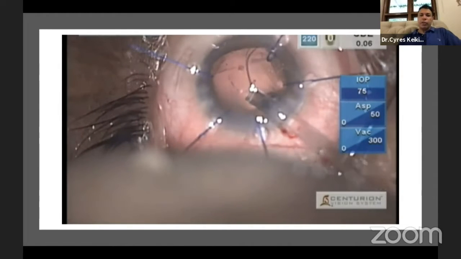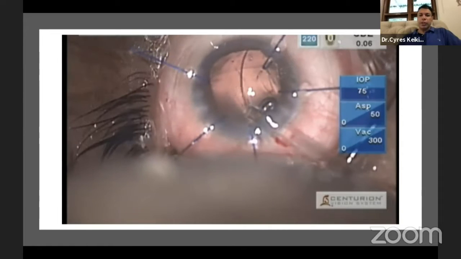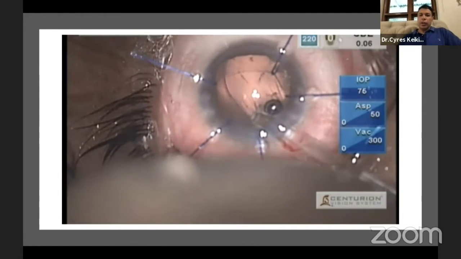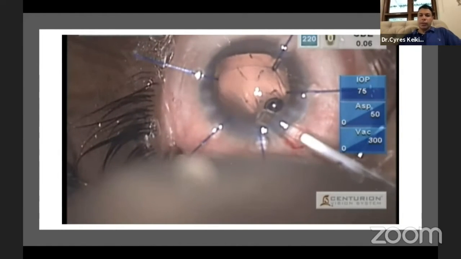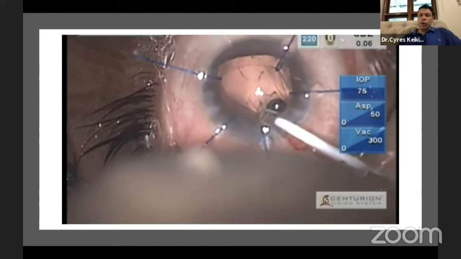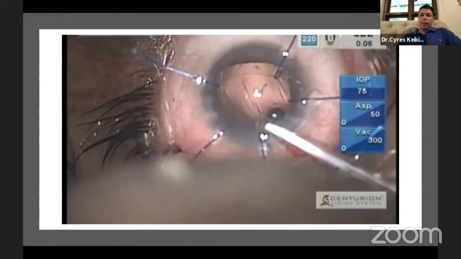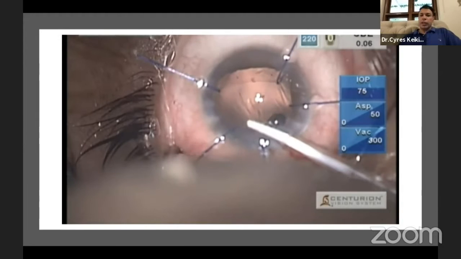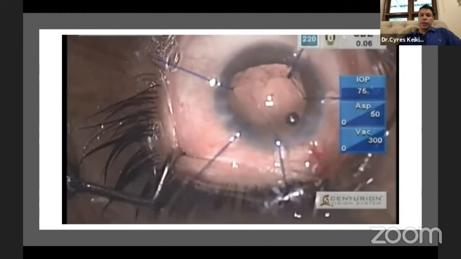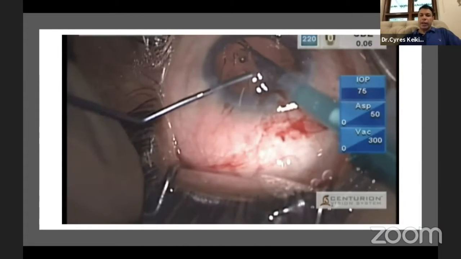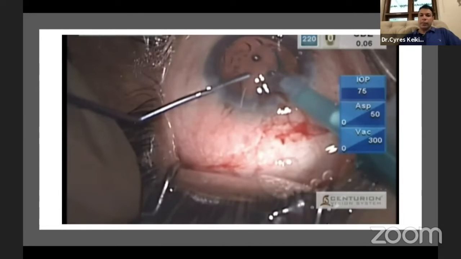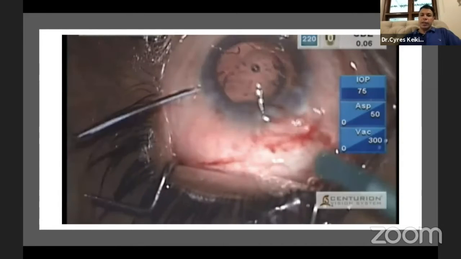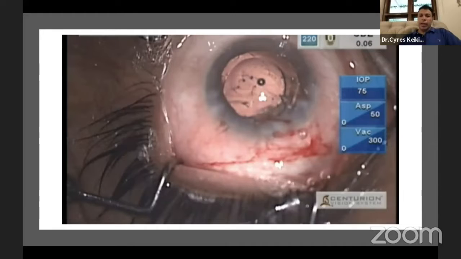I prefer to use these Ophtec disposable capsular tension rings which come in an injector because it's a nice thin ring. It's about 13 millimeters and goes in one shot. You don't need much technique and skill to put it in. You just inject it like you would inject an IOL, and then inject the IOL after that, and it sits very nicely in the bag. A single piece IOL centered well, and that was the end of the case.